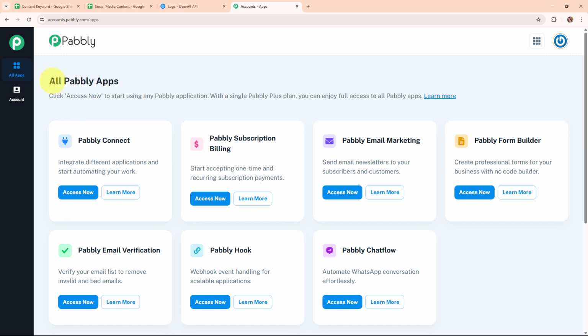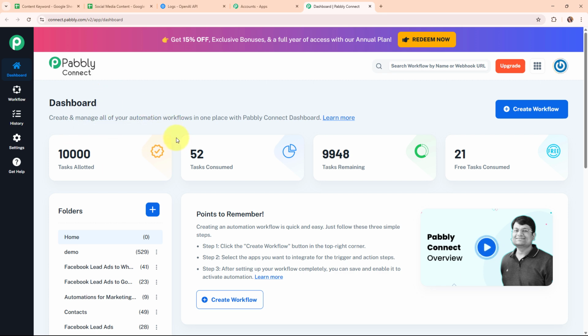Now after signing in, here you can see all Pabbly apps window where you can see all the applications of Pabbly. Here to integrate my applications, I'm going to use Pabbly Connect. And now this is the dashboard of Pabbly Connect, and here to build my connection I need to create a